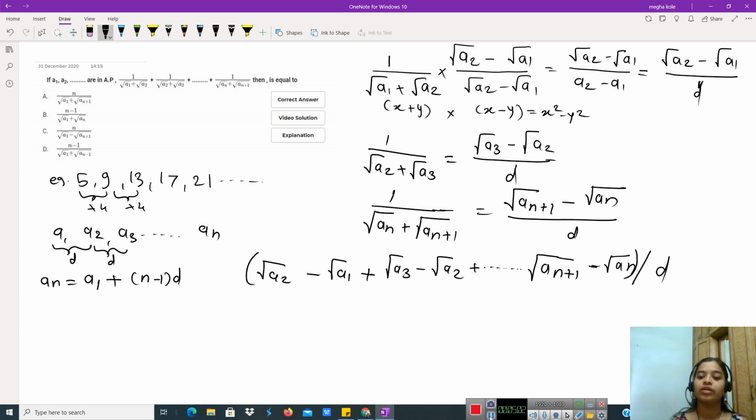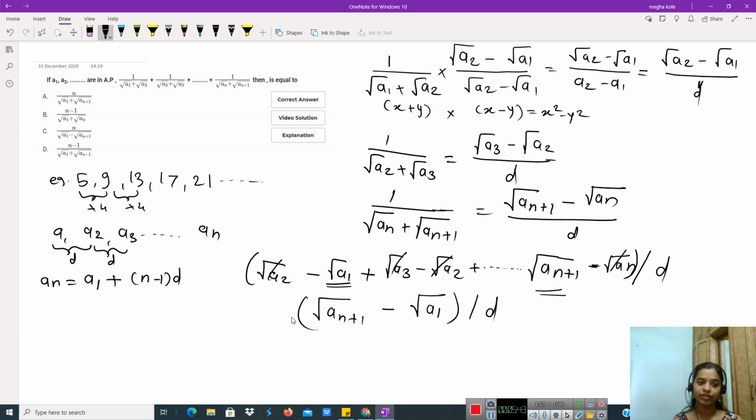Now if you observe, square root of A2 is repeated in the second term also, with a plus sign here and a minus sign there, so it will get cancelled. Square root of A3 will be repeating in the further term, so this will also get cancelled. Only the first term and the last term remain, as square root of AN will also repeat in the previous term with a plus sign, so this will get cancelled. Remaining is square root of AN plus 1 minus square root of A1